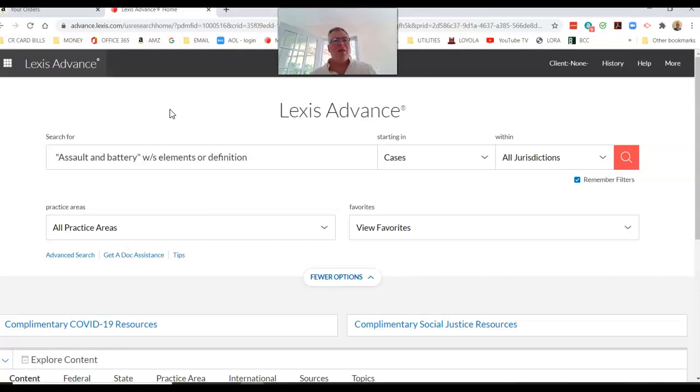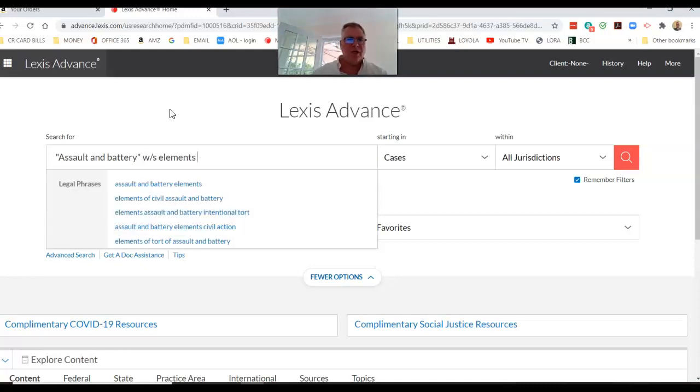What does that do? That will give us searches where either elements or the word definition appears within the same sentence as assault and battery, because elements and definition are essentially the same thing. We're looking for the same thing. For purposes of this exercise, I just want you to keep it like that: assault and battery, WS elements within the same sentence. Hit enter or search,